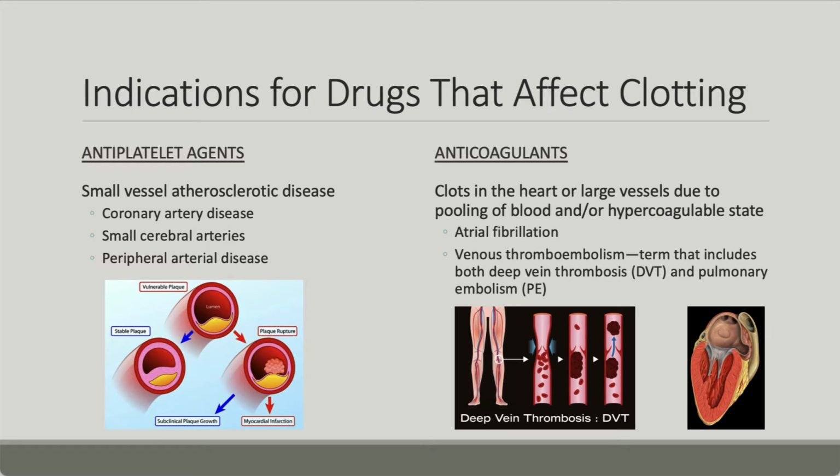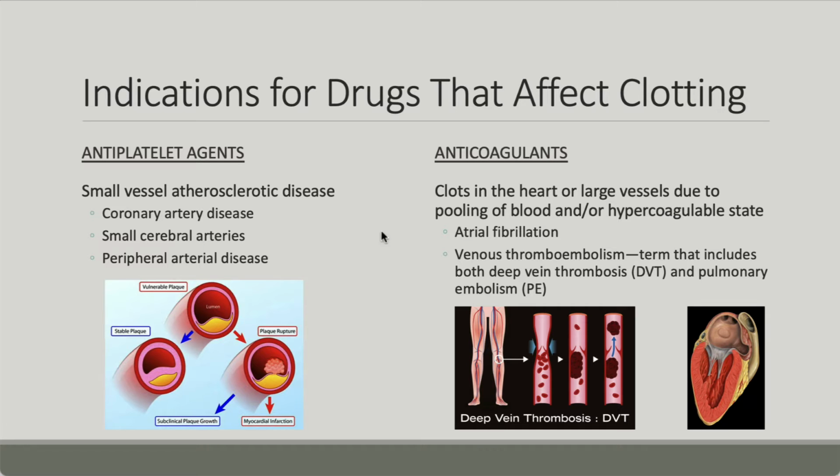Small vessel atherosclerotic disease, because what we're trying to prevent is clot that forms when this schmutz, and that's a technical term, when this schmutz from this lipid pool leaks out into the vessel. When it does so, it attracts platelets, the platelets get there and they start the clot formation, and that's when heart attacks and strokes occur. So we're trying to prevent this leaking of this lipid pool in the vulnerable plaque from starting a blood clot. Okay, that's when we use antiplatelet agents.